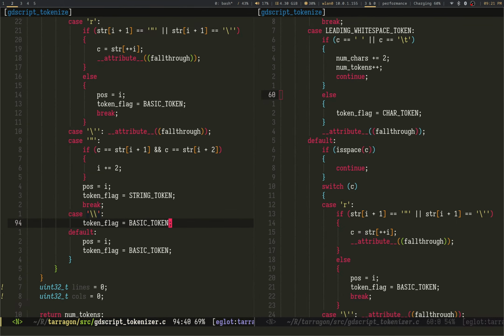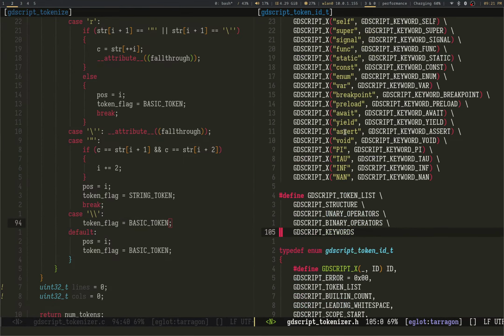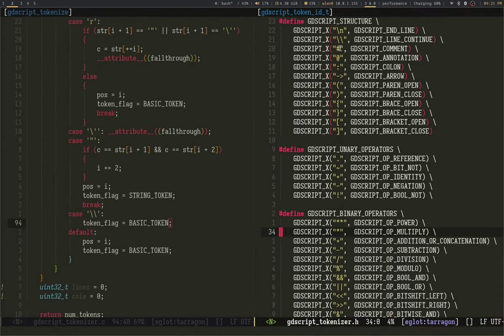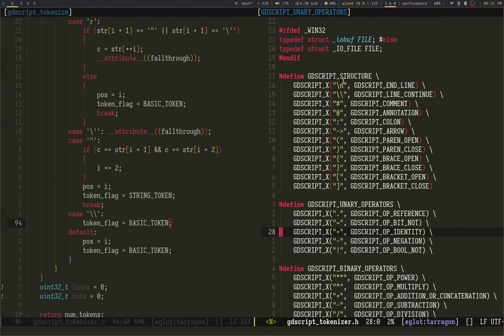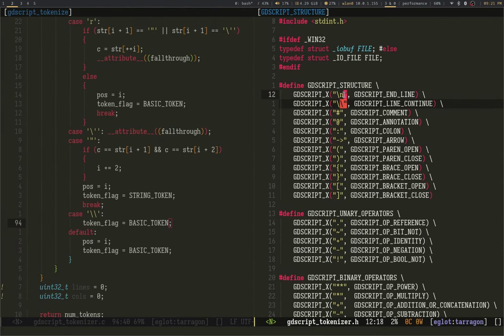And we're going to skip past new line, even though new line is going to be... I actually usually include GDScript endline. True, I actually do.